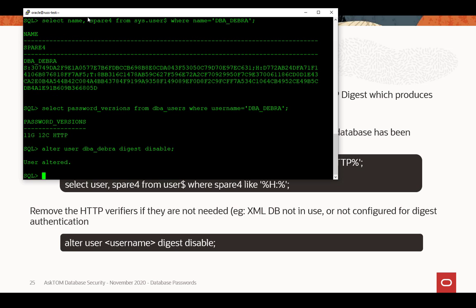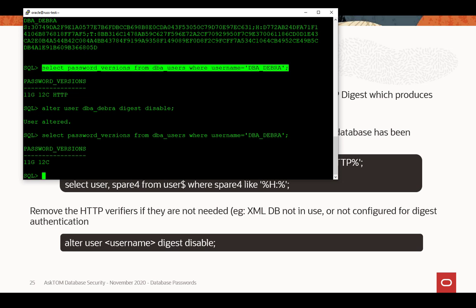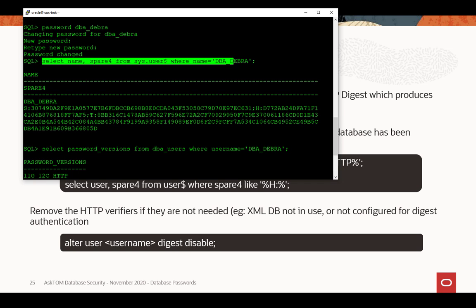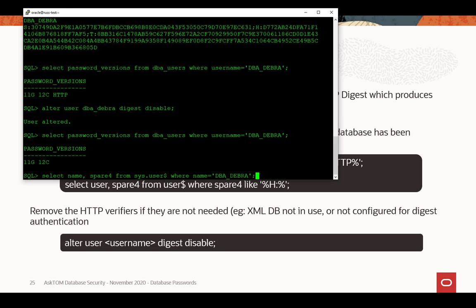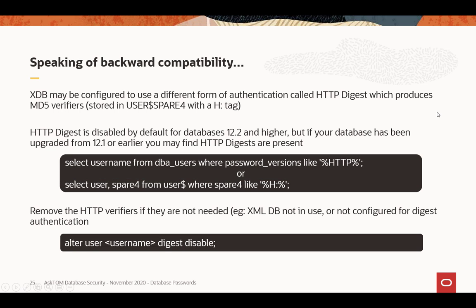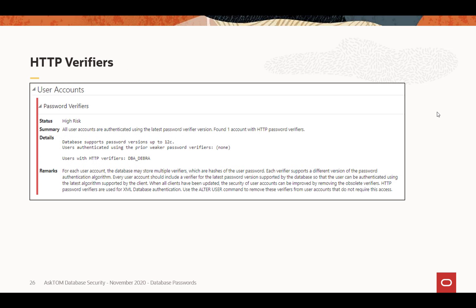And now when I look, there is no HTTP verifier. And if I go check SPARE4, that HTTP verifier is gone. Okay? So if you have HTTP verifiers in your database, when you do an assessment, we will most definitely tell